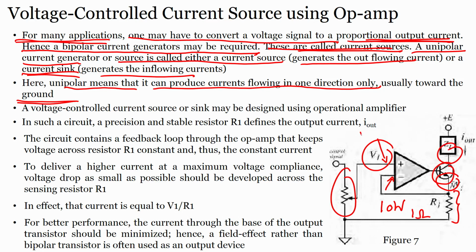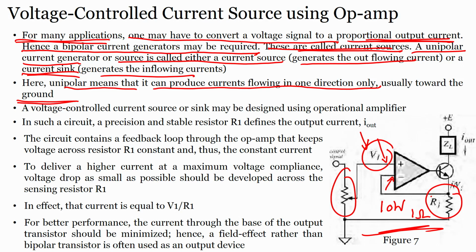If I keep on changing this voltage, I will be able to see the change in the voltage across this resistor, and this change will generate my current, keeping the current flowing across the load resistor, because the transistor is in conducting state. One thing you have to remember is, in the high power application, this particular resistor should be 10 watt, 1 ohm. But we will see two different applications of this voltage control current source: one is in high power and the second is in low current applications. So, we will see two different circuits as well.